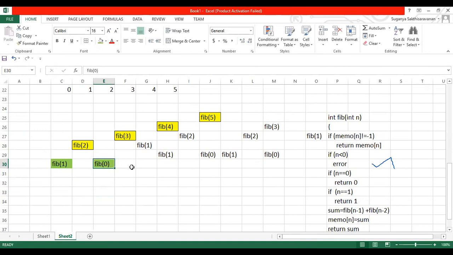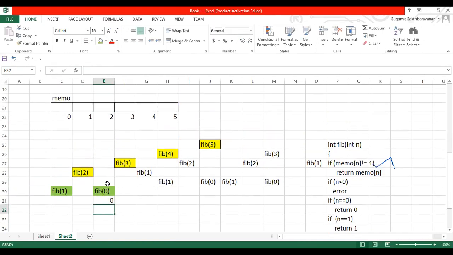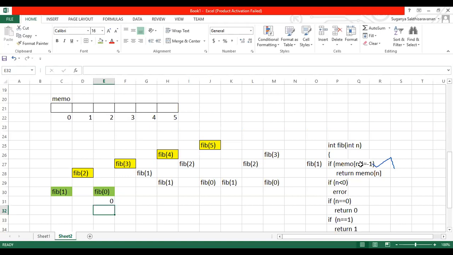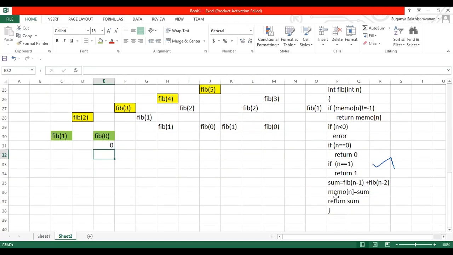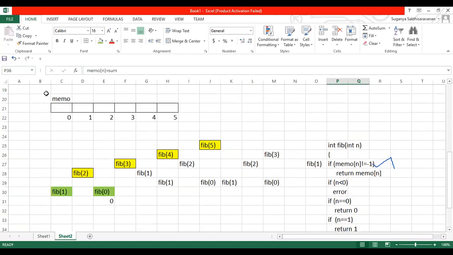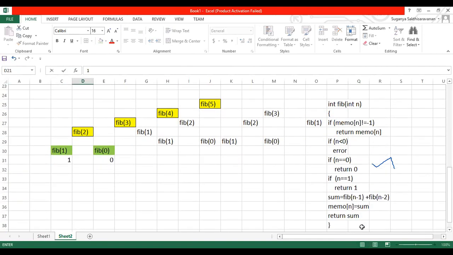When I come across fib of 0, I'll check whether it is not equal to -1. Fib of 0 will be calculated, right? So it is 0. Once this is calculated, it will come here and memo of the 0th position is set to that value, so this will be initialized to 0. After calculation of fib of 1, this position will be initialized to 1.